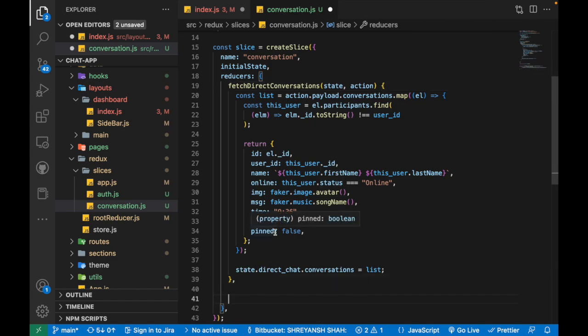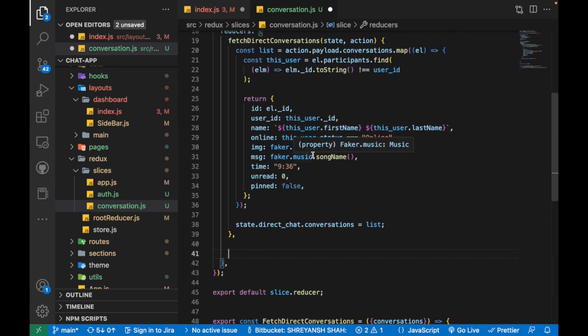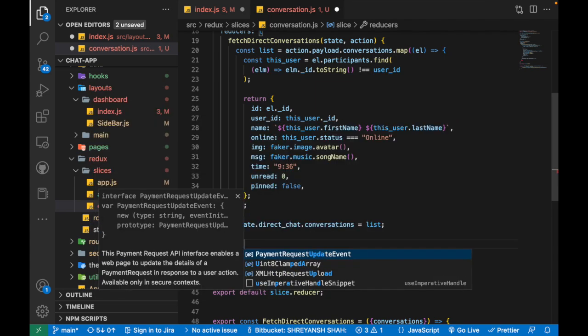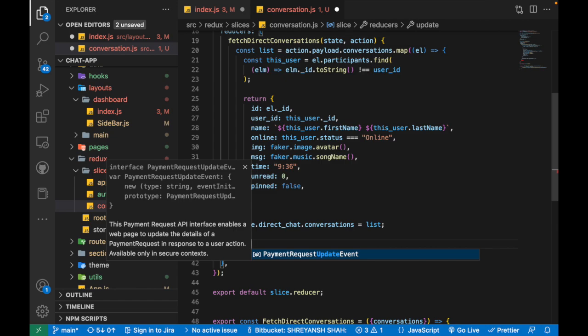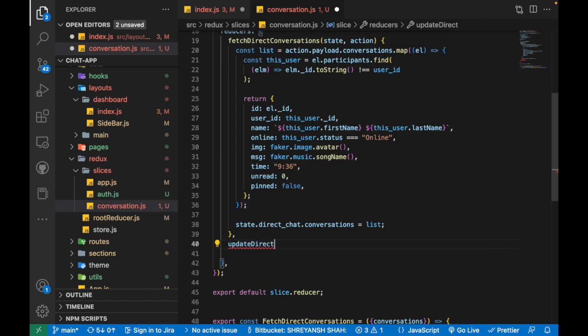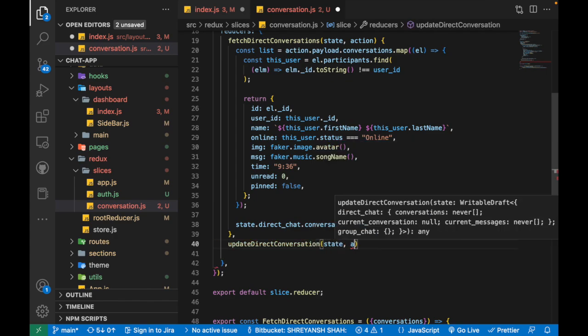Okay, similarly we are going to need to create two more reducers here. One is for updating and one is for adding new conversation. So define those here. Then we are going to talk about how the logic is going to work in this case. So for update direct conversation, let's just define it like this, and then we'll be basically getting our state